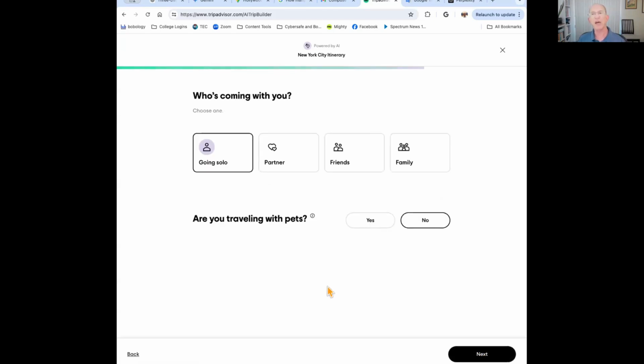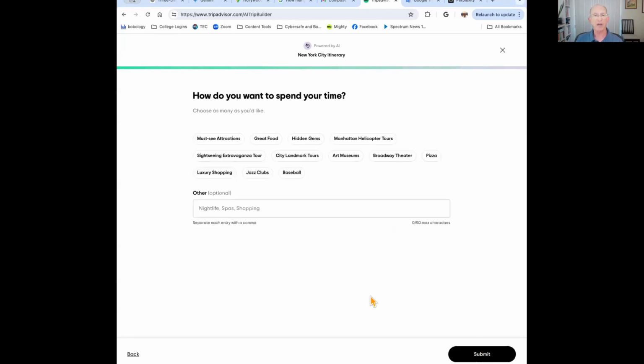And it starts to have some guided prompting. Okay, so are you going solo or with a partner, are you traveling with pets? No. And I go to next, and then it asks some prompts for what you might be interested in.